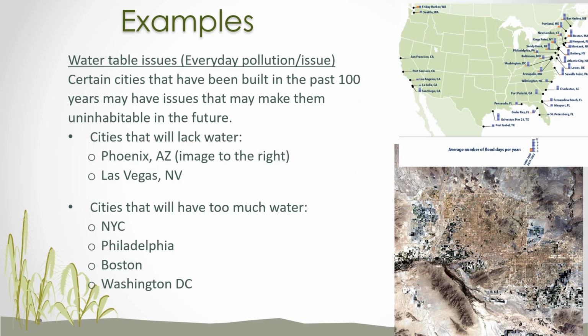Other water table issues that would also be considered everyday pollution are increasing water where it shouldn't be, and not enough water where it should be, right? There are certain cities that are continuing to lack water, and this will become ever more as climate change increases and becomes more intense. In all likelihood, western desert cities such as Phoenix, Arizona, such as Las Vegas, Nevada, possibly Albuquerque, New Mexico, some of those places, may become unlivable because there won't be enough water there, because prior to